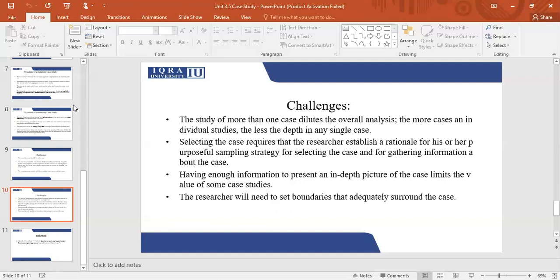So this is what we actually do in case study research. We study a certain process or certain action that a company or a person took in a certain bounded system, in a particular situation, a particular system, how one reacted, what they did, and what the learning outcomes are from there for other people or for other companies.